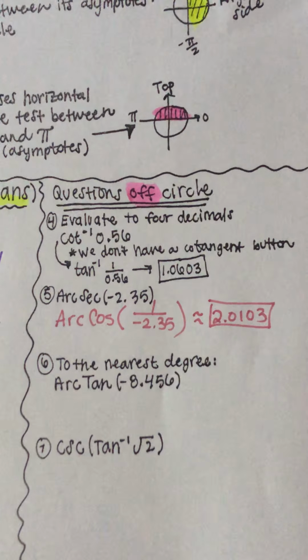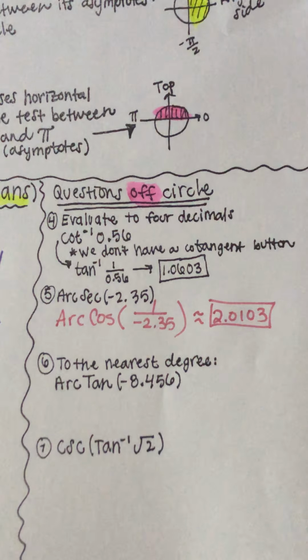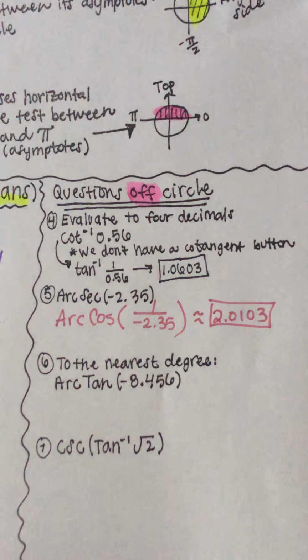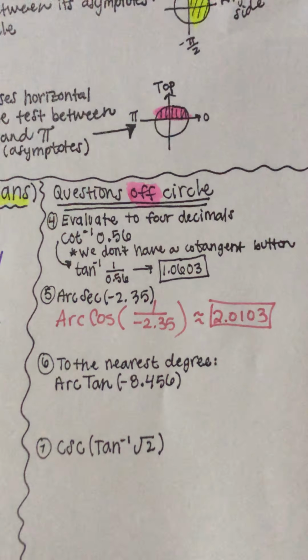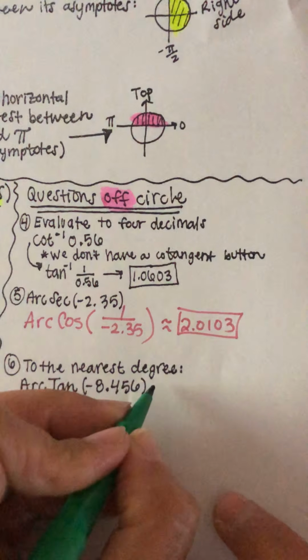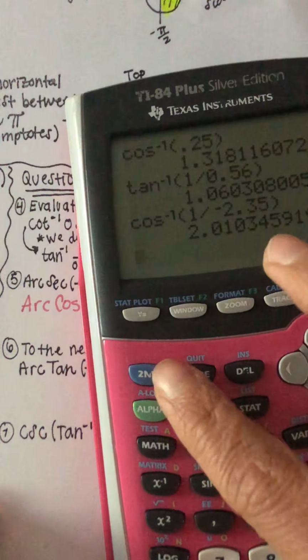Okay. Number 6, to the nearest degree, we're finding the arctangent of negative 8.456. Well, we have a tangent button on our calculator, so I don't need to do any other changes. I just have to type this in. So remember, arctangent is tangent inverse. So I'm going to hit second and then tangent